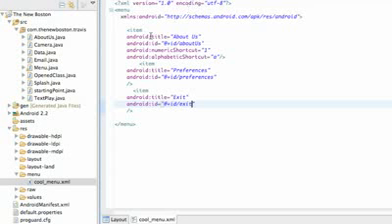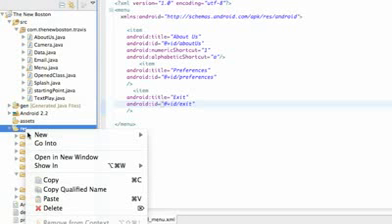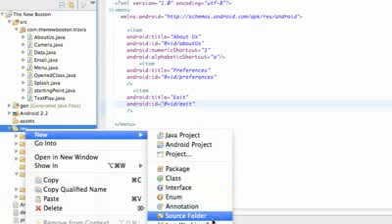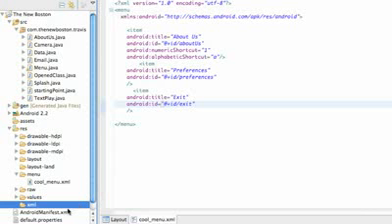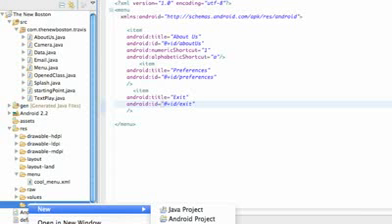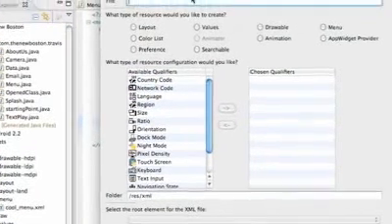Let's get into it. What we're going to do is create a new folder called XML, and this is going to hold where we're going to put our preferences. So again, new folder, all lowercase XML. Make sure it's within your resource folder right here. Hit finish, and then just right click, hit new Android XML file, just like always,